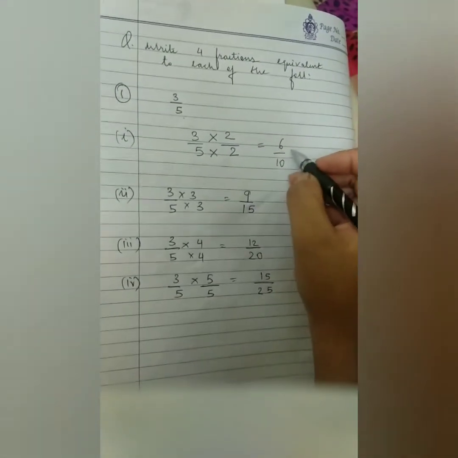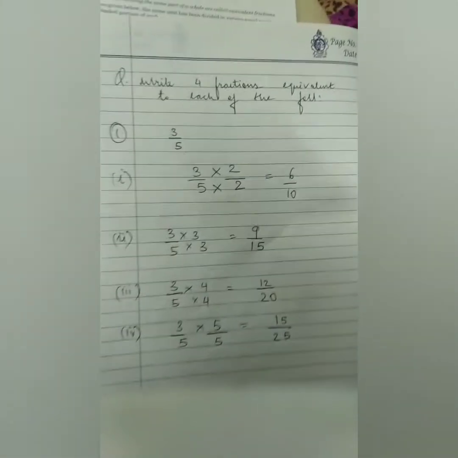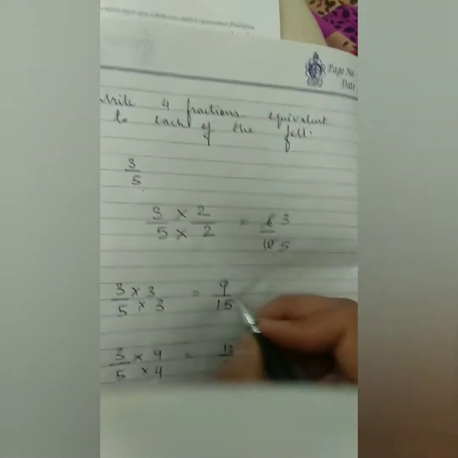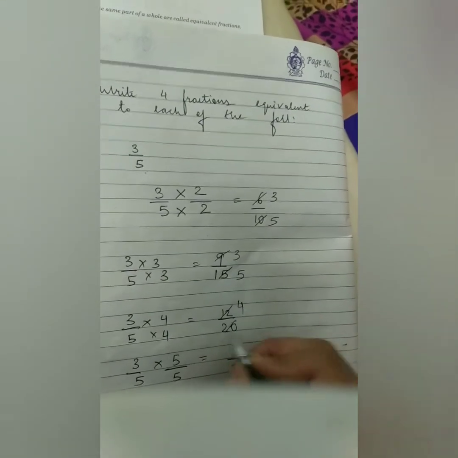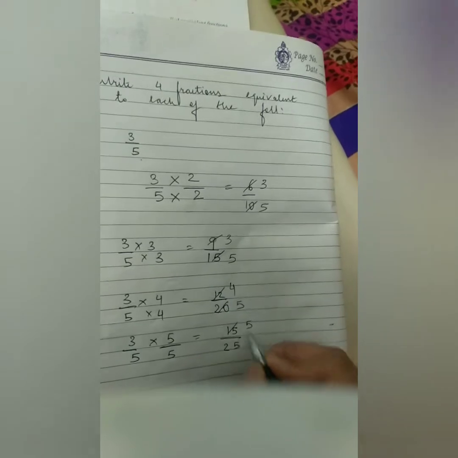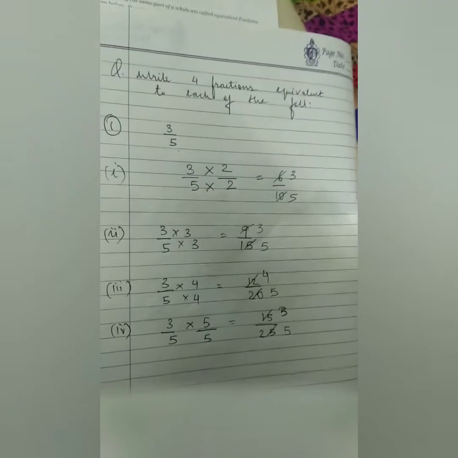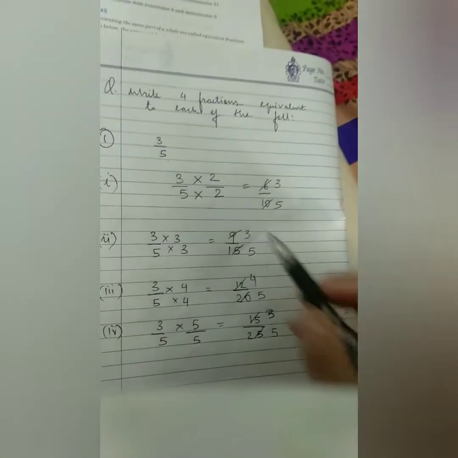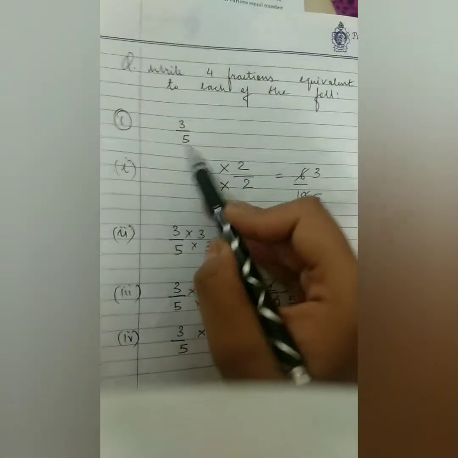How it will be is, when you cut short these numbers into simplest form, what are you going to get? When you cancel this, 3 2s are 6, 5 2s are 10, 3 3s are 9, 5 3s are 15, 3 4s are 12, 5 4s are 20, 3 5s are 15, and 5 5s are 25. 5 is the common factor here, 4 is the common factor here, 3, and here 2. So what you got, children? You got the number 3 by 5 back.